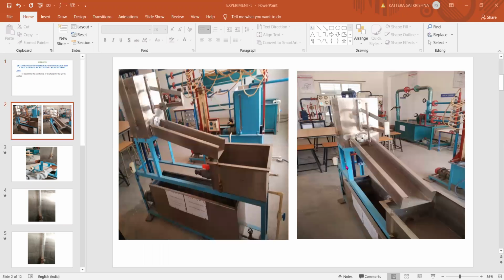After writing this, first I'm showing you the image of the experimental setup which is available in our college lab. So this is the experimental setup for this experiment. This is the orifice which is connected to the tank, the supply tank. Before starting the experiment, we always first need to fill the reservoir tank. This one is called the reservoir tank, for supplying the water into the tanks here. There will be a pump arrangement from the reservoir tank to the supply tank to fill this tank.